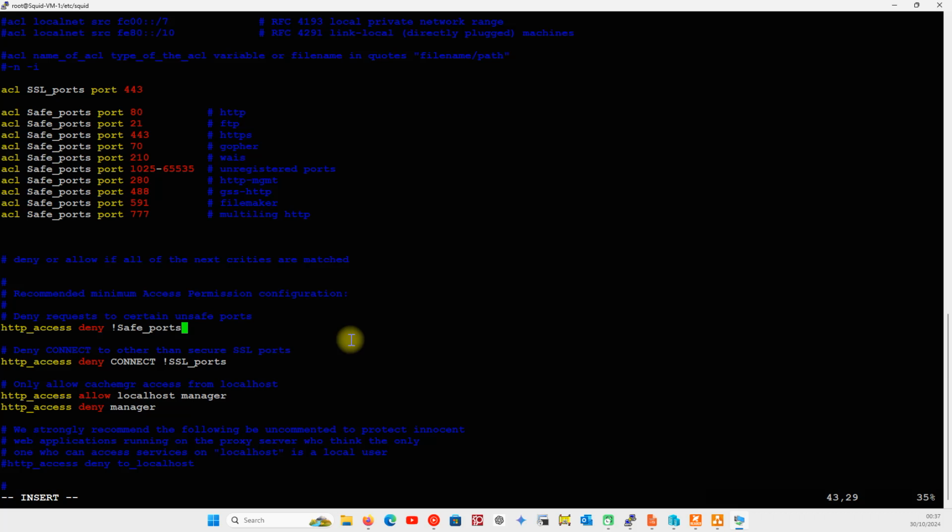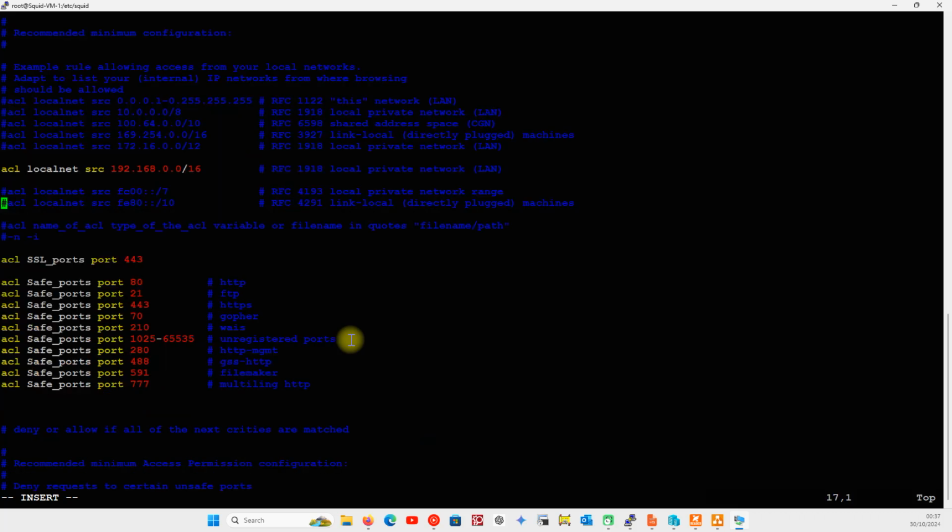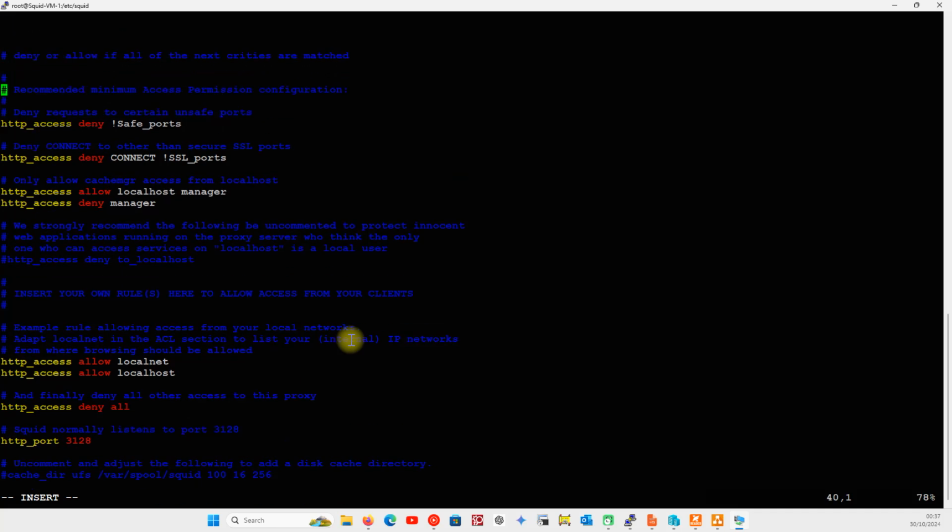So let's say port 80 will not match this rule, hence the next rule in the line will be evaluated in a loop, one after the other. Now the second rule is http_access deny. What should be denied? If it's a CONNECT method, which is not written here, but it's a default method embedded in Squid, and the Squid configuration parser knows that CONNECT means a connect method. So a CONNECT method is denied,